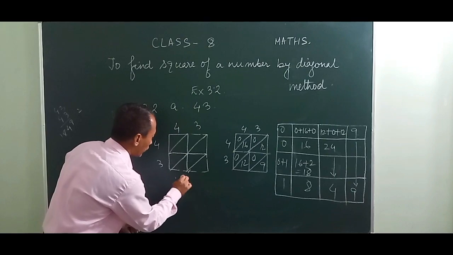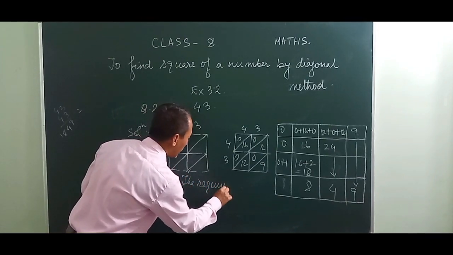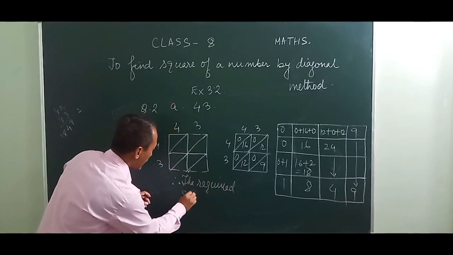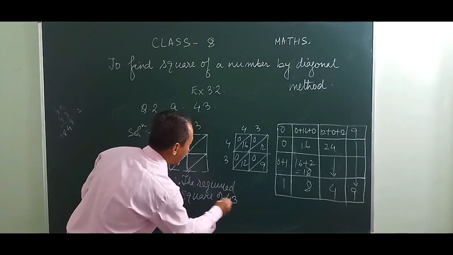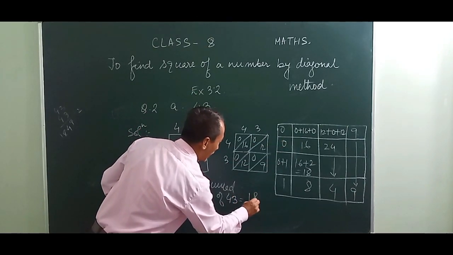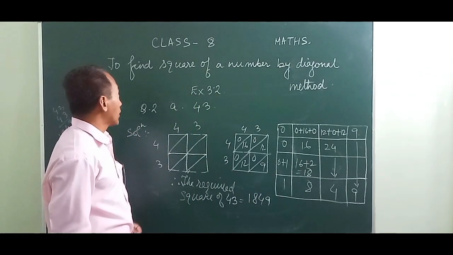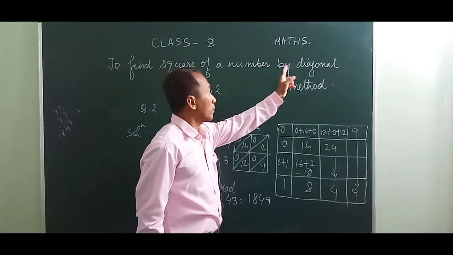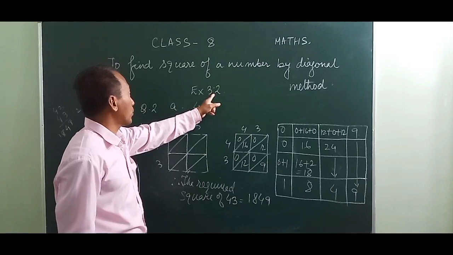Therefore the required square of 43 according to the diagonal method is 1849. Once again I repeat, to find the square of a number by the diagonal method, you consider exercise 3.2, question number 2a,